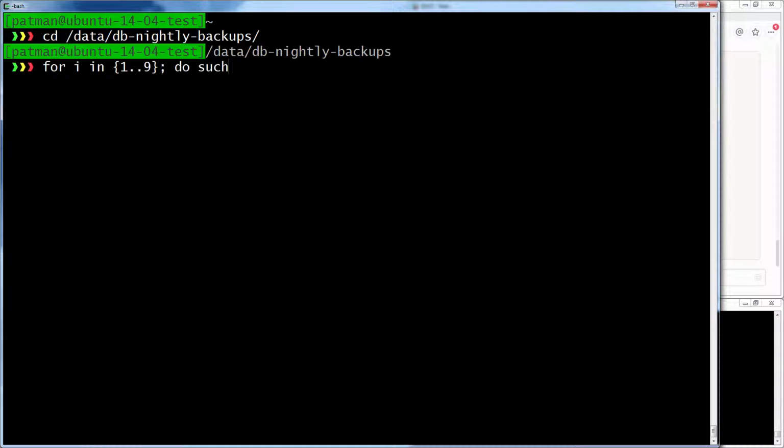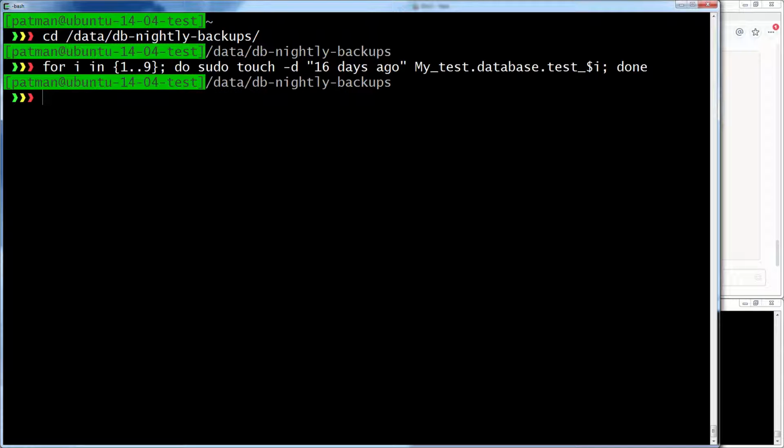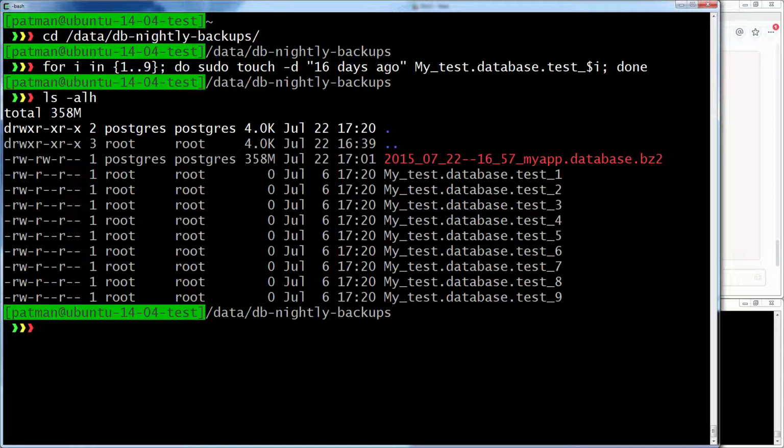Do sudo touch -d 16 days ago, my test.database.test underscore i. Done. There we go. Now I got 9 extra files that are dated 16 days ago. So now if I do a purge,